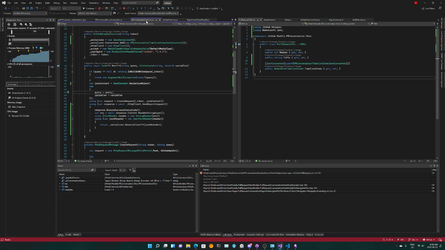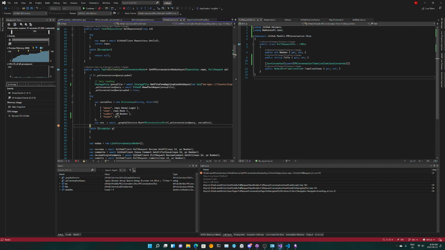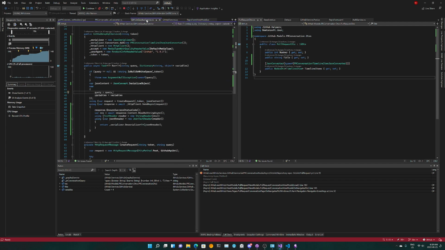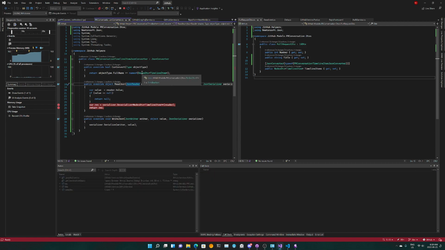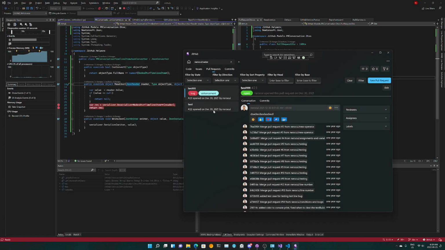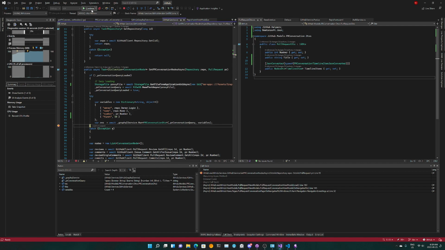Wait, what? Did I not put a breakpoint over there? I did. So res is this whole thing. So pull request and timeline item is null. That's what? Let's put one over here. So continue. All right. After we continue, we'll switch to another one and see if it hit. Still no. That's so annoying.